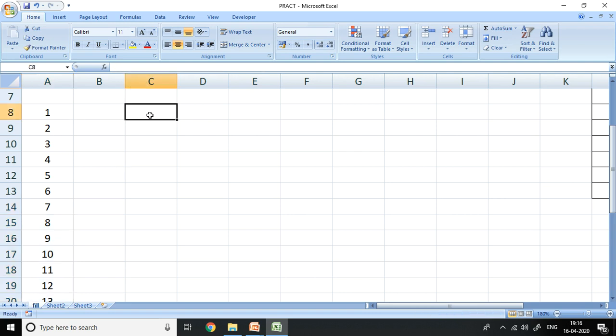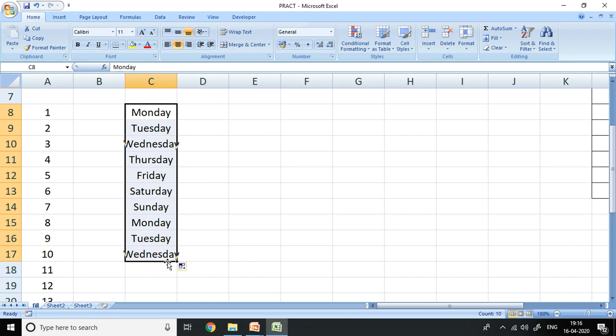Now here let me type some days of the week, say Monday, Tuesday. If I want to fill up all the days, I select these two together, come here, this plus sign which you are seeing here is known as the fill handle. The fill handle I need to drag like this and it's going to fill it up for me. Remember, the handle has to be a plus sign. It will be a different plus sign, not this sign which you're seeing right now. It's a different sign. Let me do it for months, then you will understand.